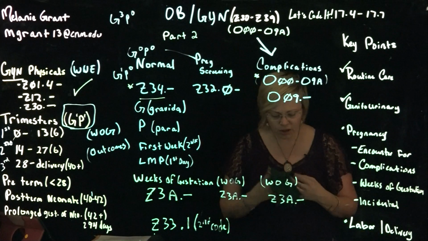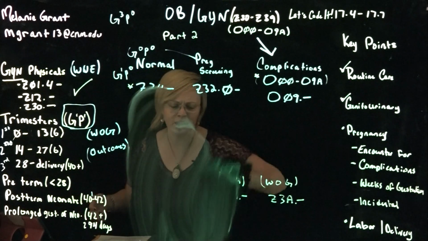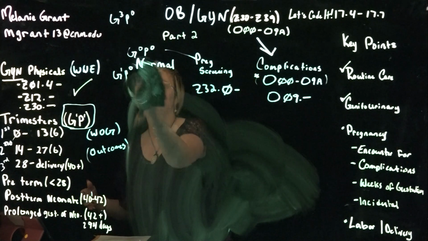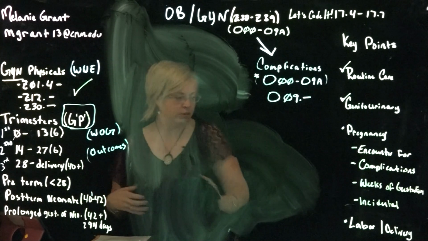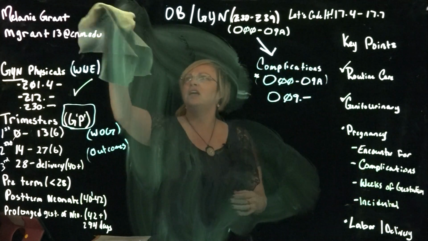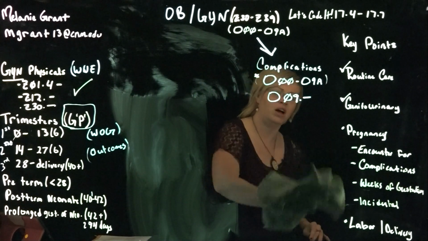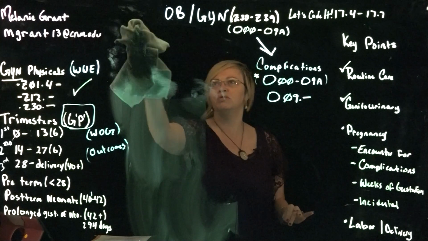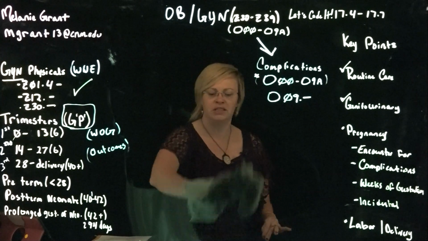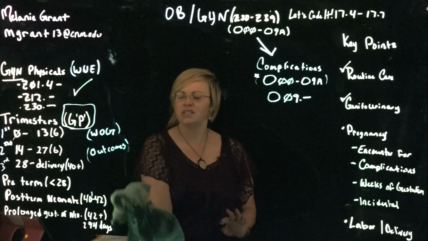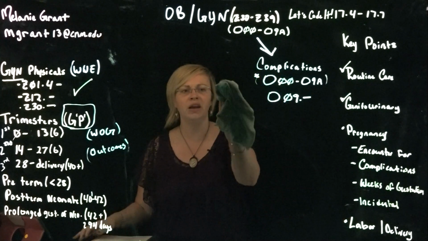All right, so let's move on to the next part, which is complications of pregnancy and, of course, the labor and delivery itself, because there's a couple more codes that you'll want to be aware of and that fall under here. So I'm going to just kind of clear off our board a little bit here. Now, the thing about complications, as I mentioned earlier, you'll still need to list the weeks of gestation, but with complication codes, instead of encounters for supervision of a normal pregnancy, you have whatever the complication caused by the pregnancy is. Now, it's important to identify, was the reason of the complication something they had before being pregnant or caused